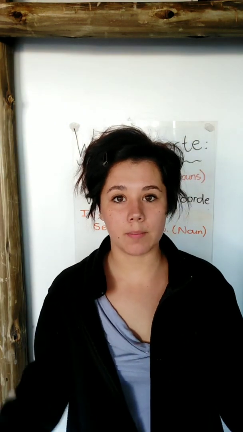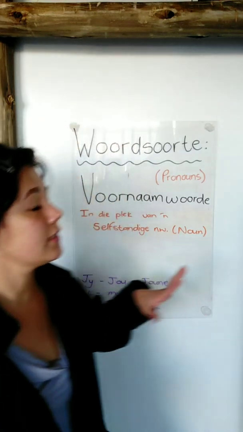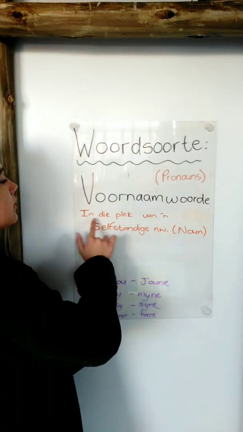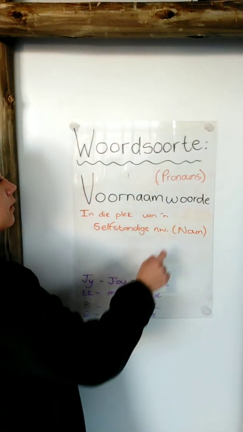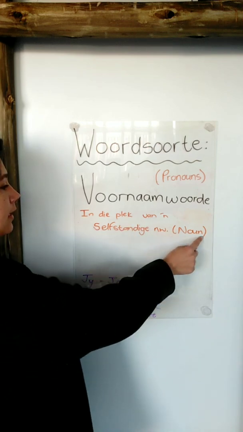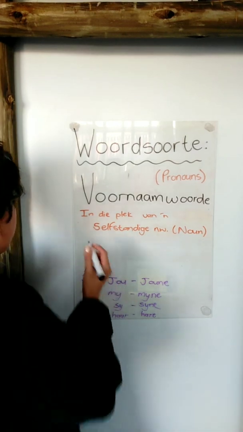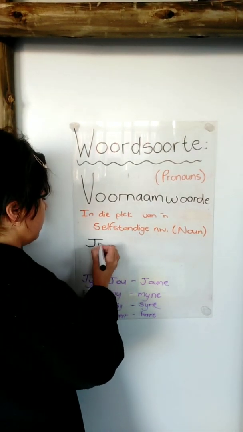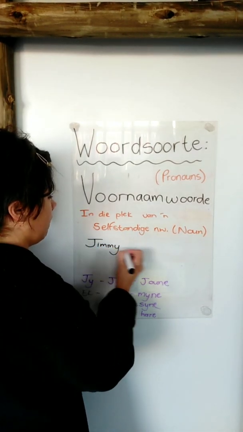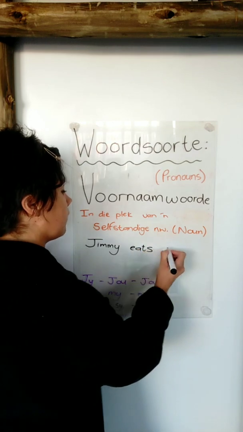So let's quickly remember what is pronouns. Pronoun stands in the place of a noun. Okay, so it's exactly the same in Afrikaans. It's in die plek van 'n selfstandige naamwoord. 'n Selfstandige naamwoord is a noun in English. Okay, so let me give you an example in English. Jimmy eats